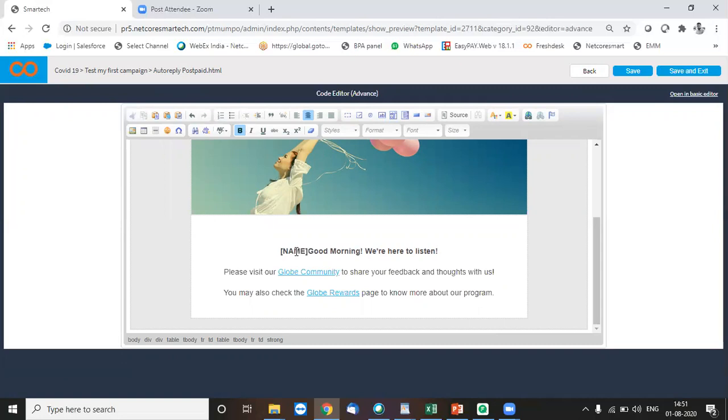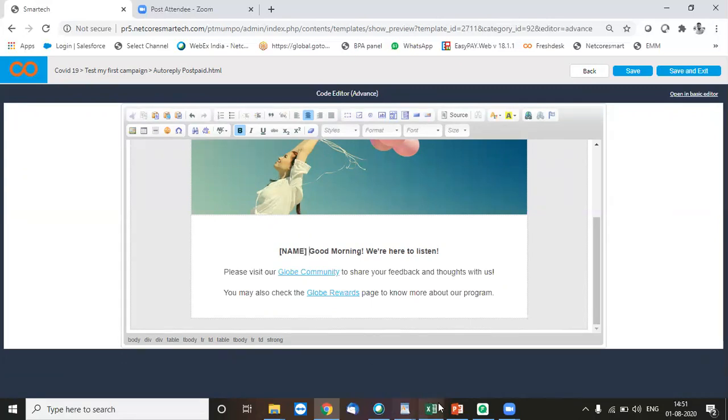At that point of time, whatever attribute we have used, the column header basically, it needs to be the same way over here as well, in uppercase letters and in a square bracket. So this would automatically pick up the values from the data file itself.